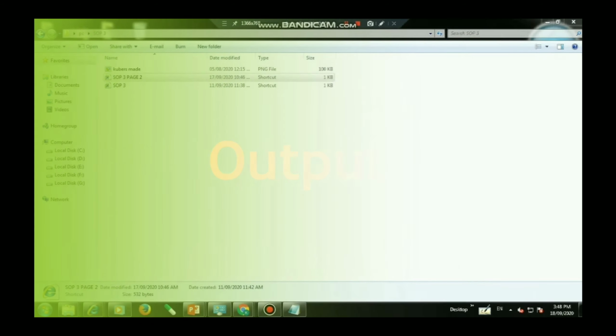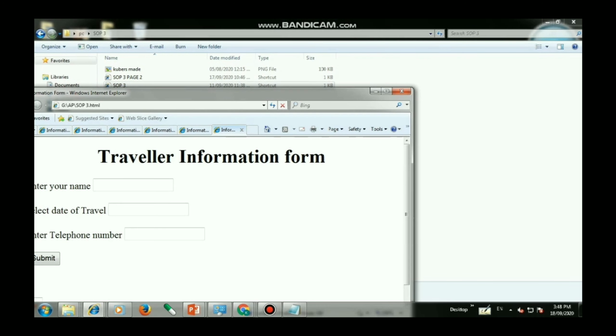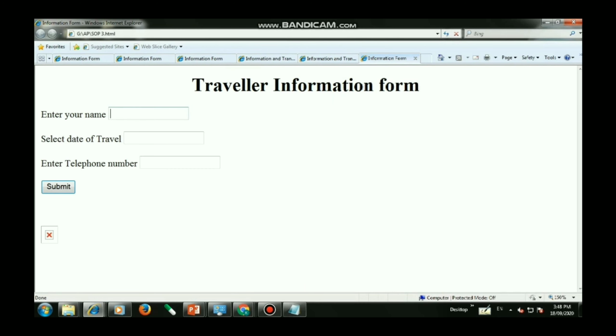Okay, so let us look at the output. So for output, open your first coding file, and as you can see, this is our output, and we can easily fill up this information.